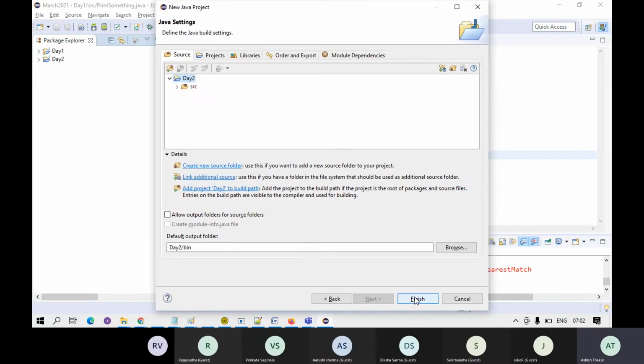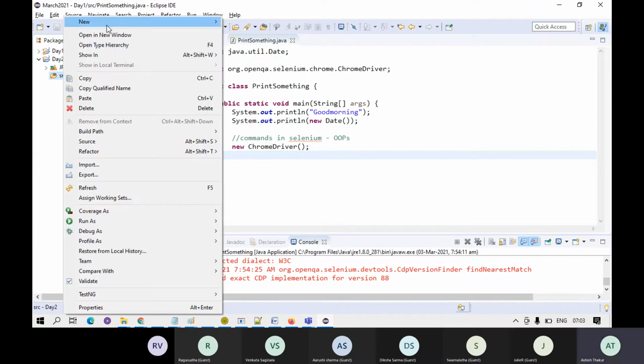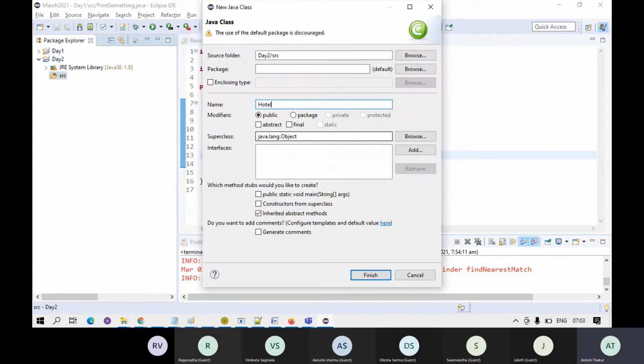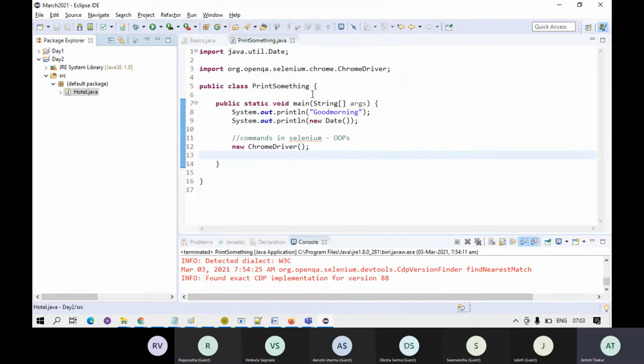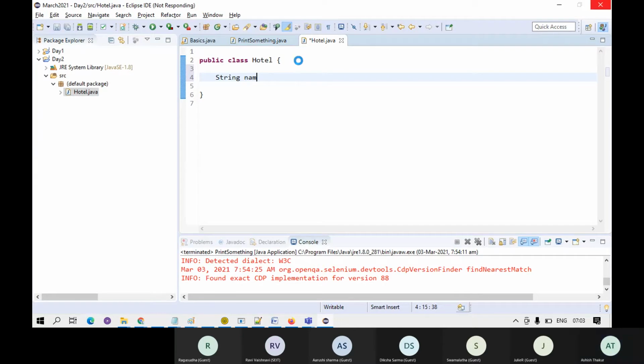And we'll study objects. We'll study how to build objects and how objects are used in Selenium. Right. So in the day 2 source folder, let me make a very simple class, say Hotel. Now, what are the properties of a hotel? Say it's got a name. I have not put any main method inside this class. So hotel has a name